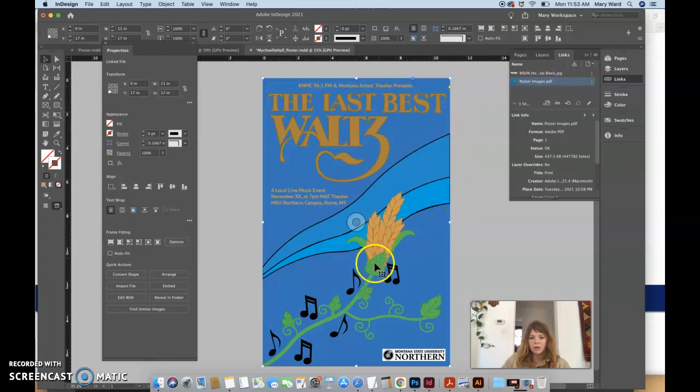And then this file could be exported out with the musical notes, and that could have been called like wheat. And that could have been an AI file. As long as you set up your AI documents in CMYK at high resolution, should have been perfectly fine. And then even the last best waltz font, I mean, if you have Illustrator open,